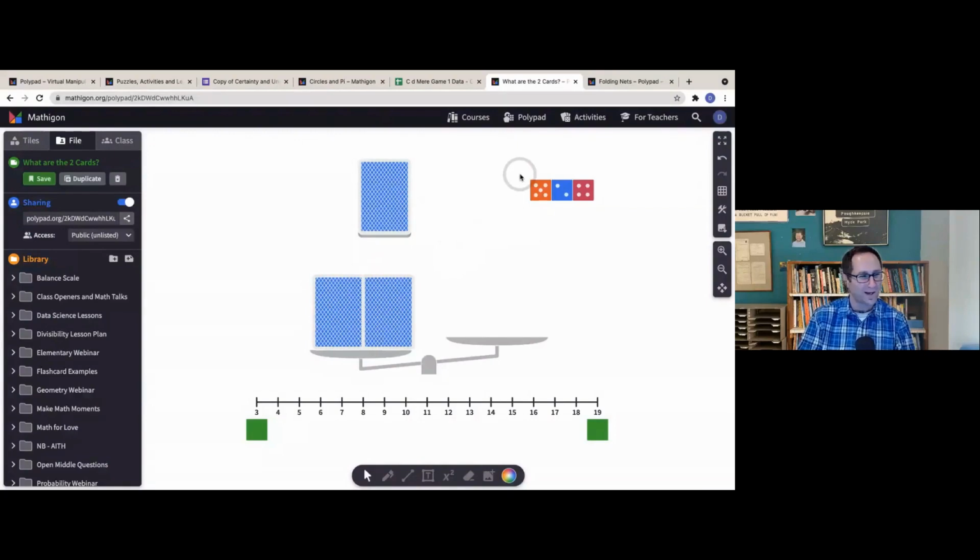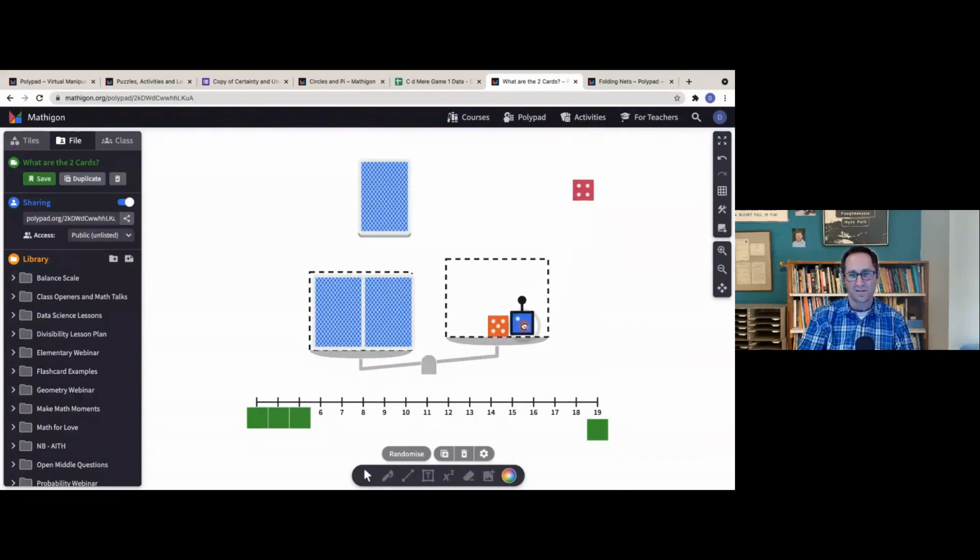Yeah, so then what I would do with students as they make their guess, 3 and 5, 1 and 6, awesome. I might take the 5 and put it on the scale, and oh, see, these 2 cards are heavier than 5. And depending on the scaffolds that I wanted to do with students, I could put this up here and slide it over to show that it is more than 5. Maybe I'll stick this 2 on the scale. Oh, it's still more than 7. So I could slide this over. Feel free to adjust your guesses in the chat.